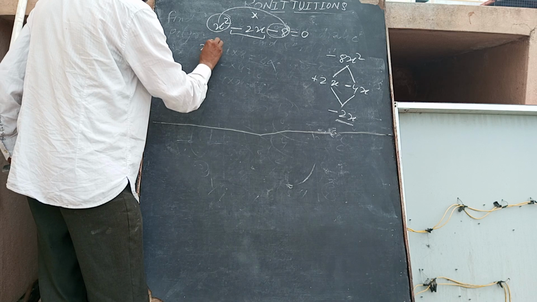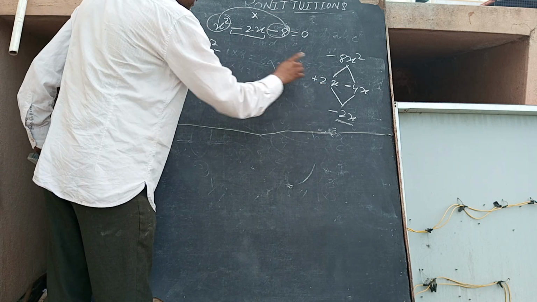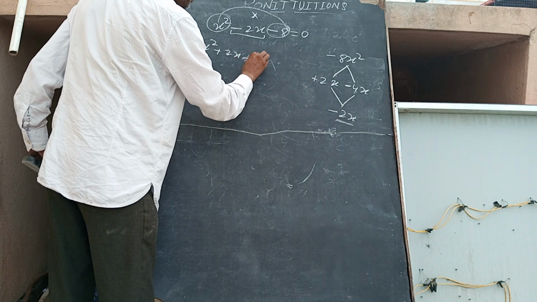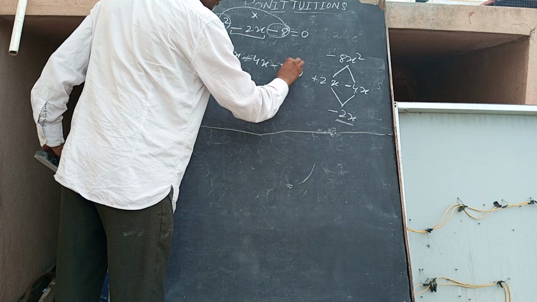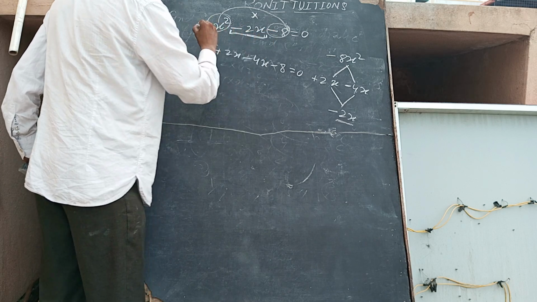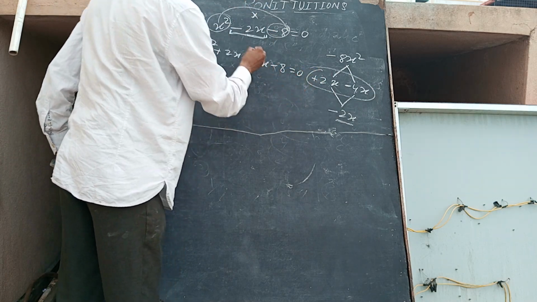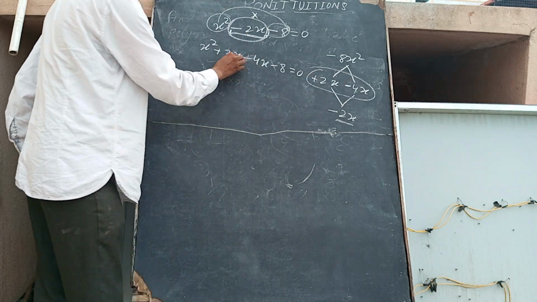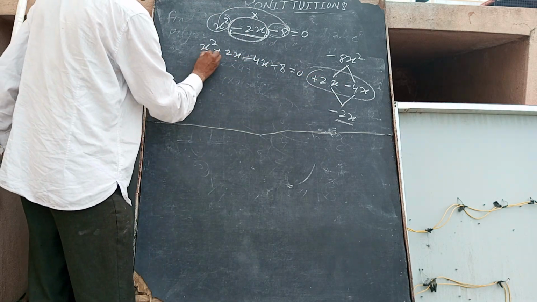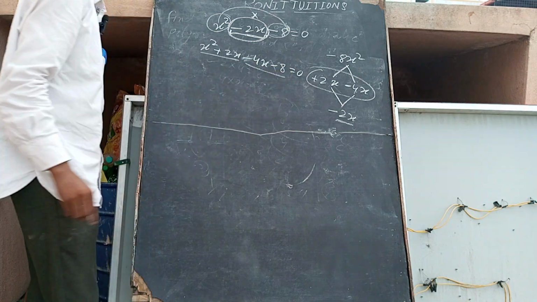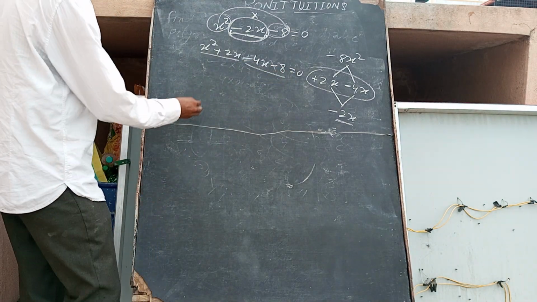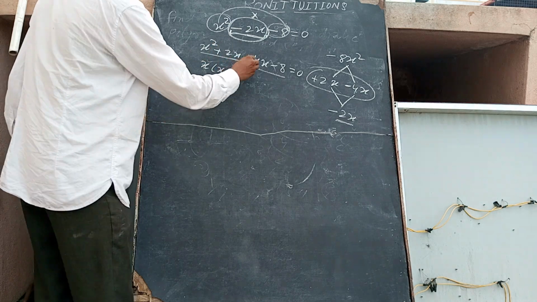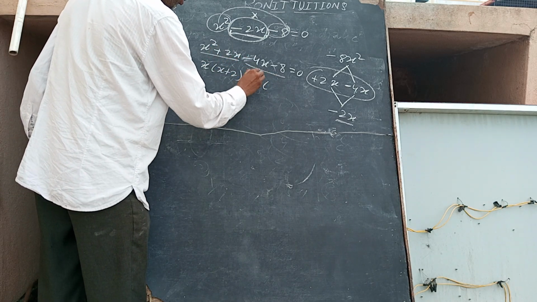Now we can write it: x square minus 4x plus 2x minus 8 is equal to 0. On behalf of the middle term, I got these numbers. Now I can take common. I hope you already learned that in the previous classes. So x common taken, what remains here? x plus 2. Here what is taken common? 4 taken common, x plus 2.